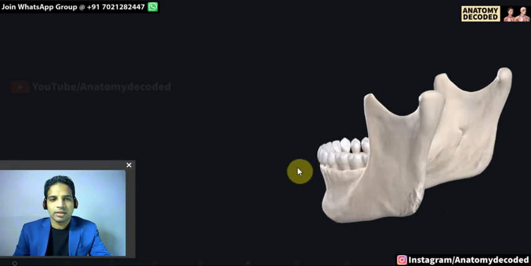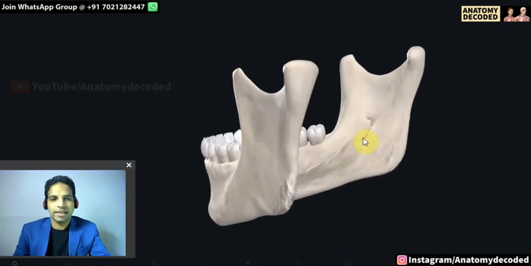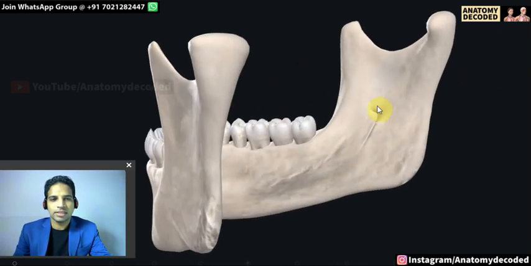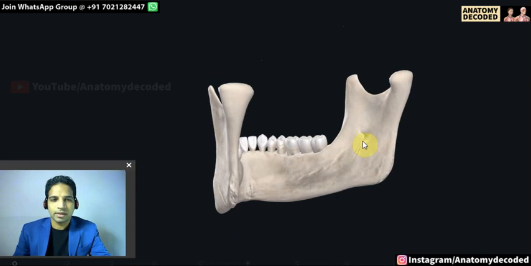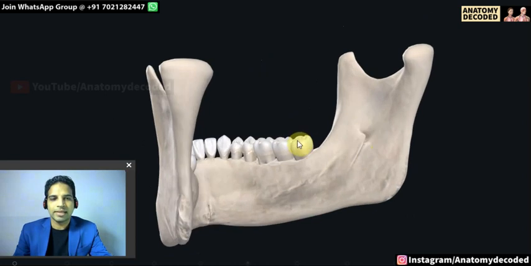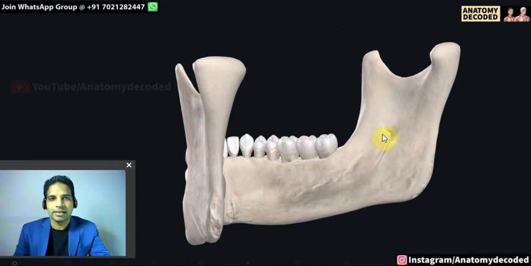Then there's an applied anatomy related to the inferior alveolar nerve. This is the mandibular foramen which permits the inferior alveolar nerve. During dental procedures, the anesthetic agent has to be injected along the inferior alveolar nerve to block it. For that, the lingula is palpated behind the third molar tooth and the anesthetic agent is injected behind it. So the inferior alveolar nerve block is one of the most common nerve block procedures performed in dentistry to perform procedures along the lower jaw.